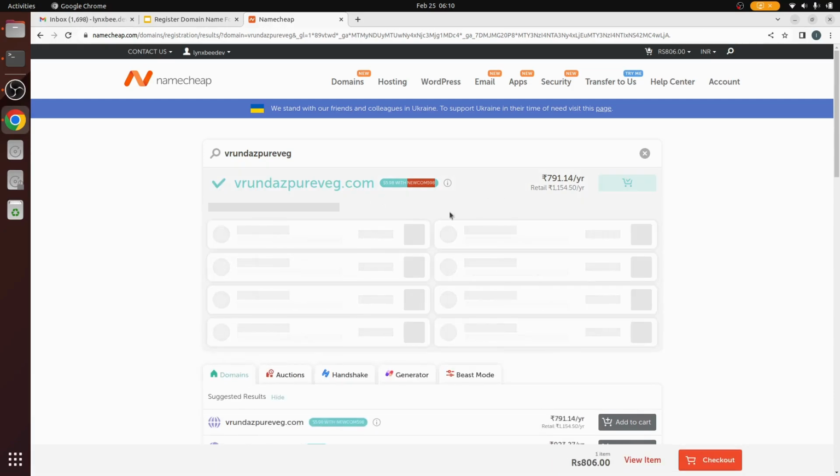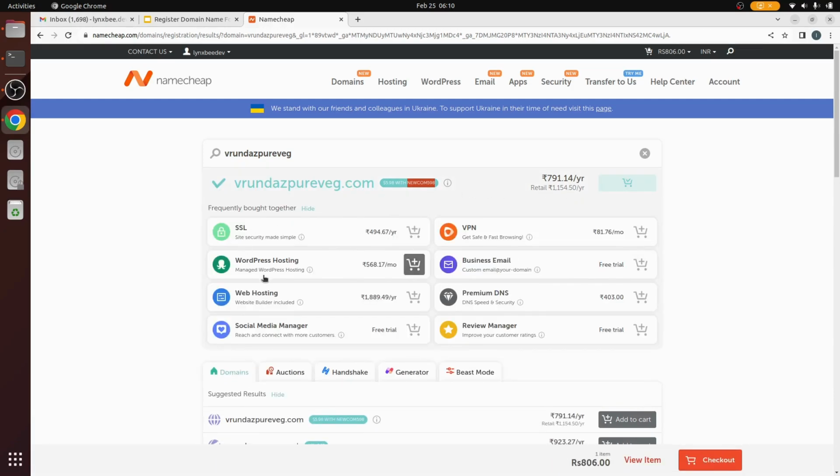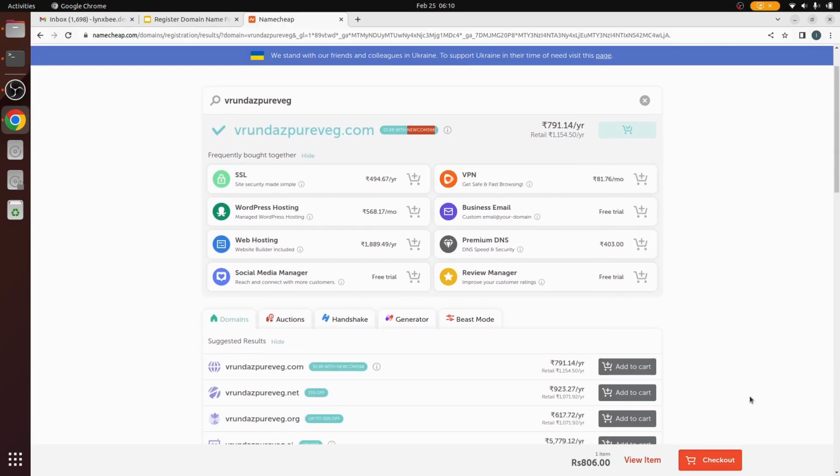So as we can see here, it has added, and it is also asking whether you want to buy some other services. But for now we are not concerned, so we will just proceed and go ahead with the checkout process. But before going to checkout, make sure that all the spelling is correct in the domain name, because